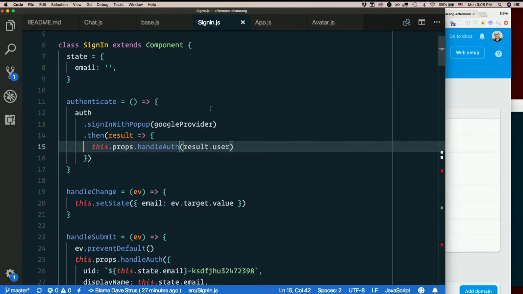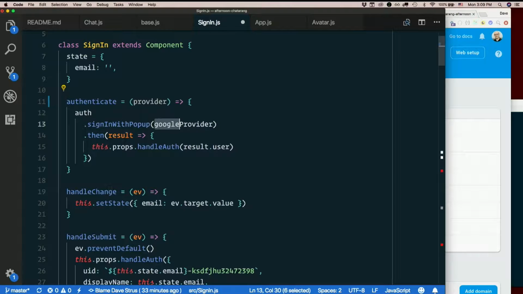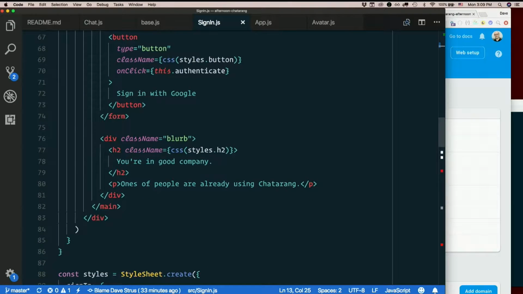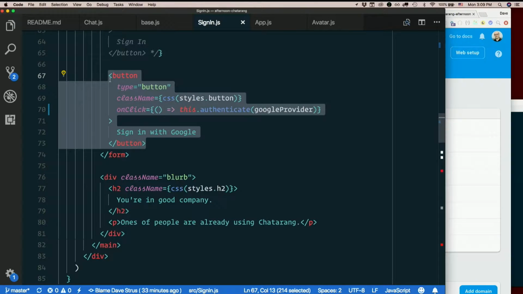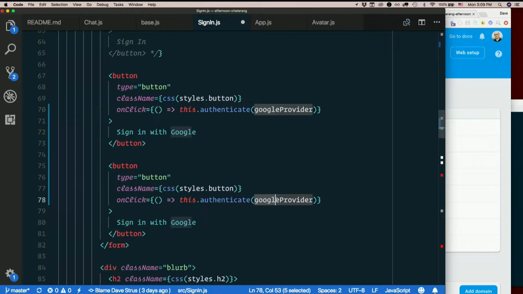And then in sign in, I'll make authenticate actually take the provider as an argument. I'll pass it in here. And then my two buttons, so my Google button that's already there, instead of just calling this.authenticate, I'll call an arrow function and pass Google provider as the argument to that arrow function. That way I can just add a second button for GitHub and just pass in GitHub provider